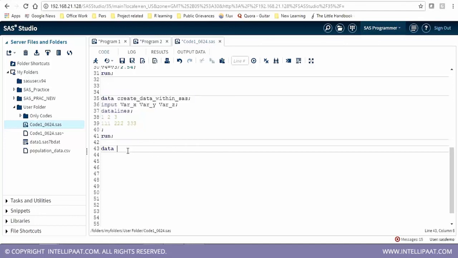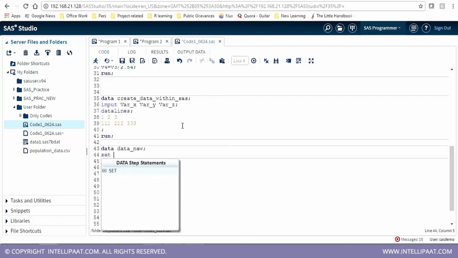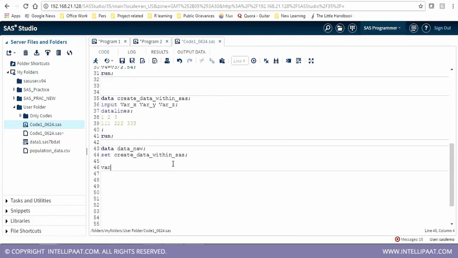In a different step, I need to do that. So let's say data new, and then I'll use this data set that I created, and let's say I'm creating a variable which is new, and I'm saying whatever equation I want to apply, which is var1 underscore z into say 1.2